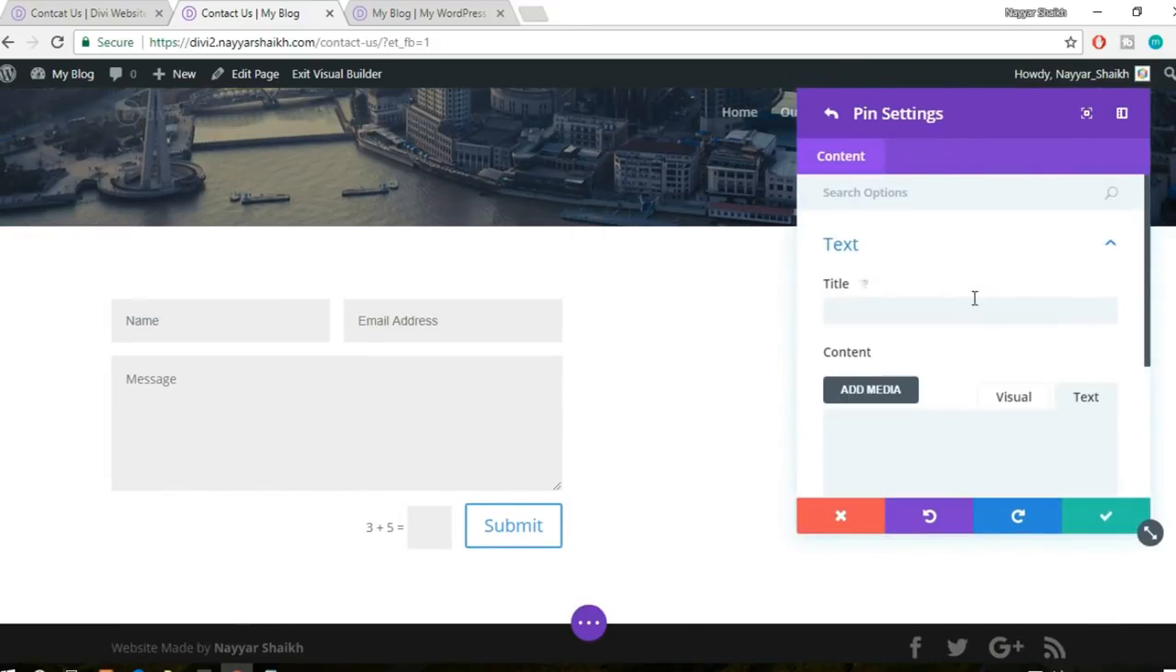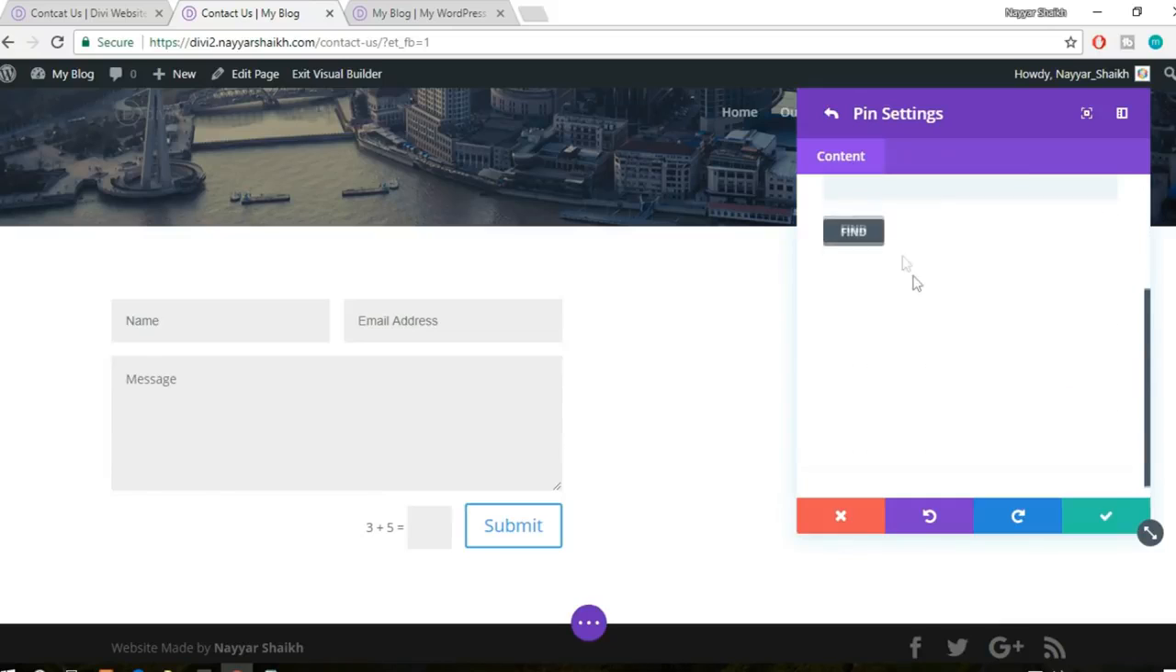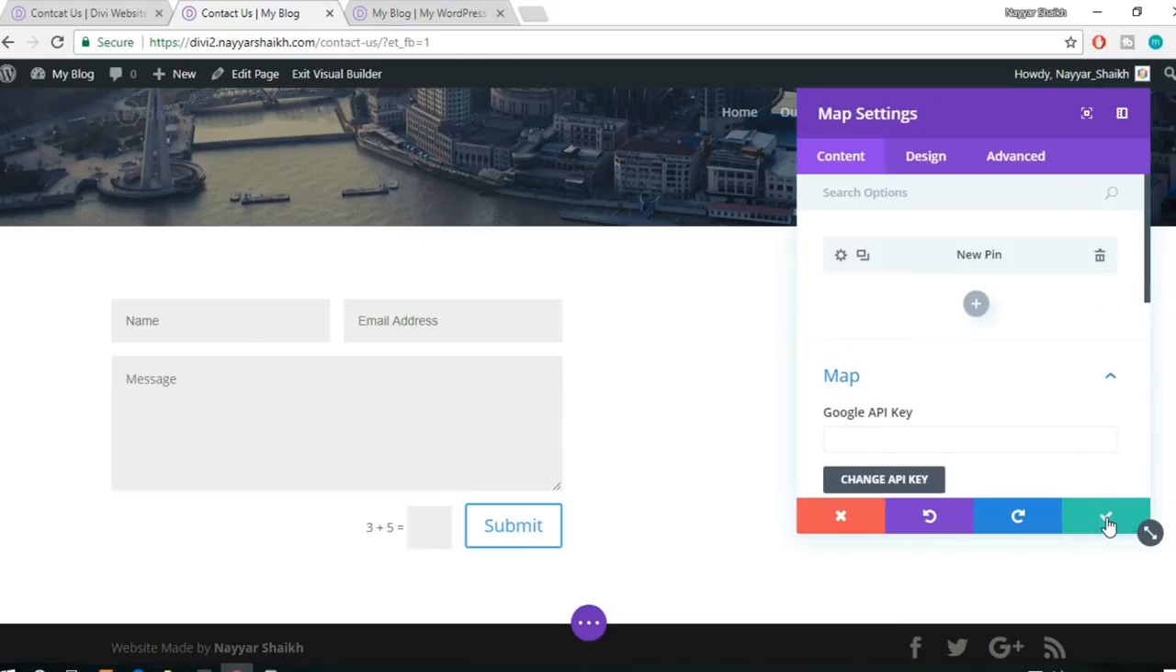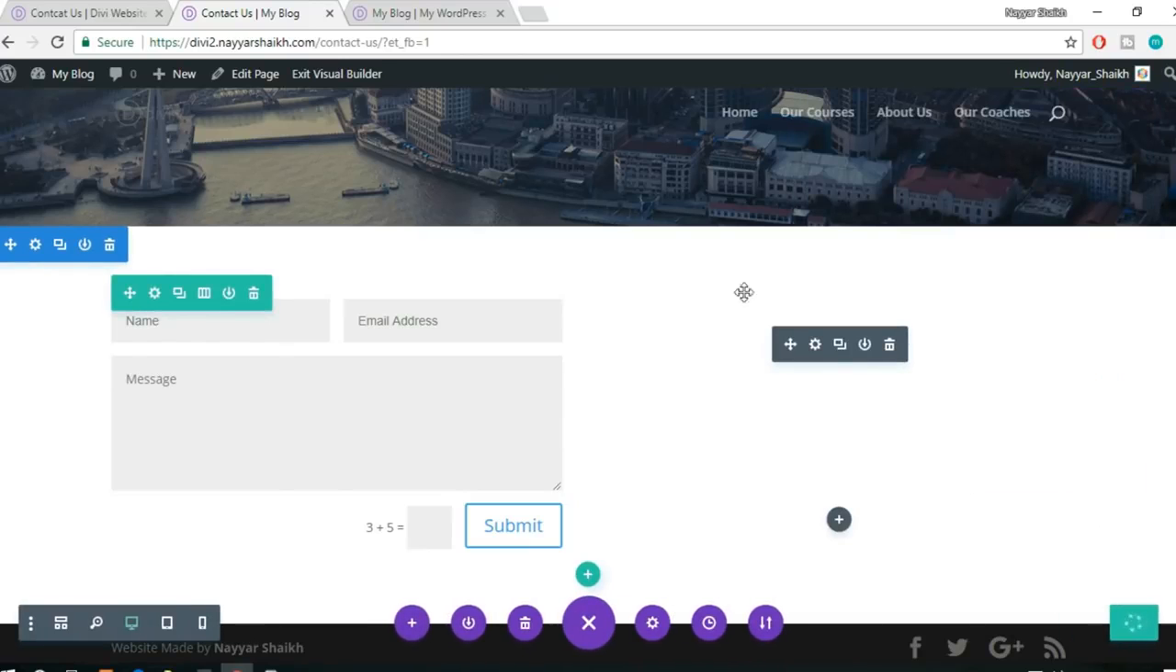Click on this plus button to add a new address. For example, here is the map, so let's select this map pin and type in Mumbai. Let's find. Now as you can see, nothing happens over here because we don't have the API key. So click on OK, and click on save settings from here, then open a new tab and type